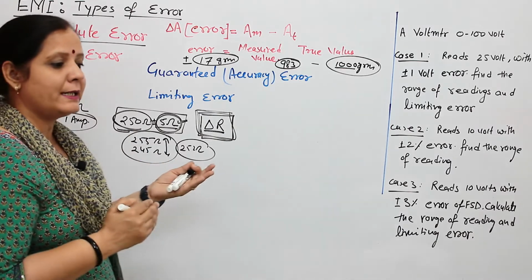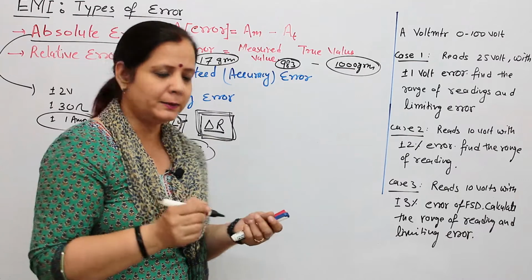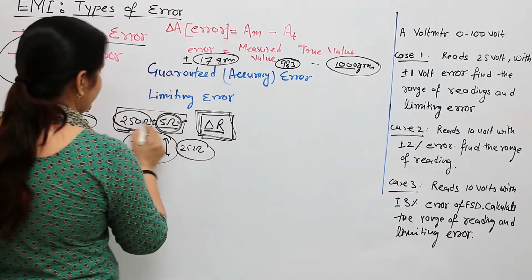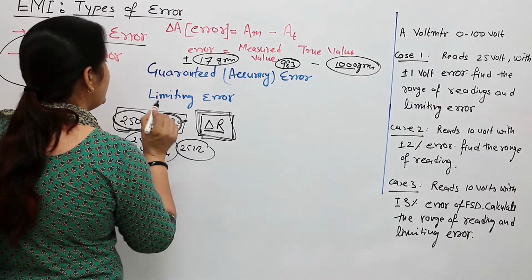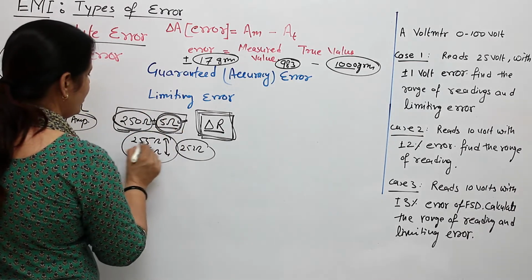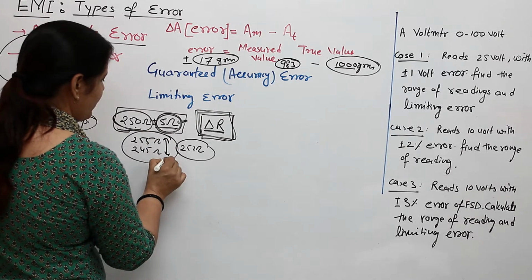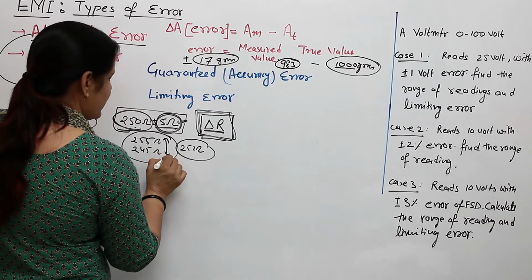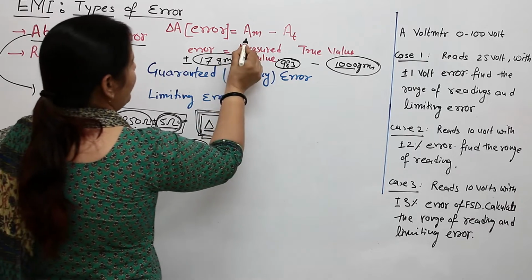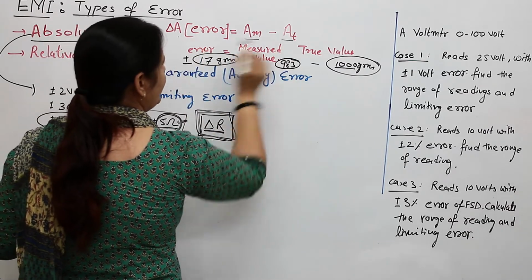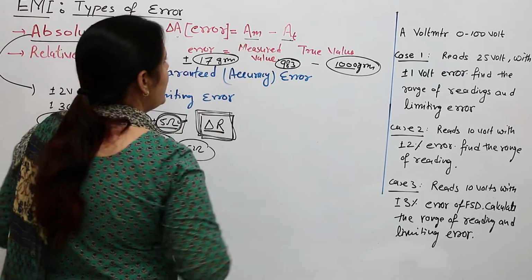What will be the possibility that it is reflecting over the deflection system or on the scale? If you are measuring 250 ohm with a machine that has a deviation of plus minus 5 ohm, over the scale you can find 255 to 245 ohm. If this is the measured value, this will be the possibility of the true value. If this is the true value, this is the possibility of the measured value reflected by the measuring unit. So if the measured value and error are given, you can calculate the true value. If the true value is given and error is mentioned, you can calculate the measured value.